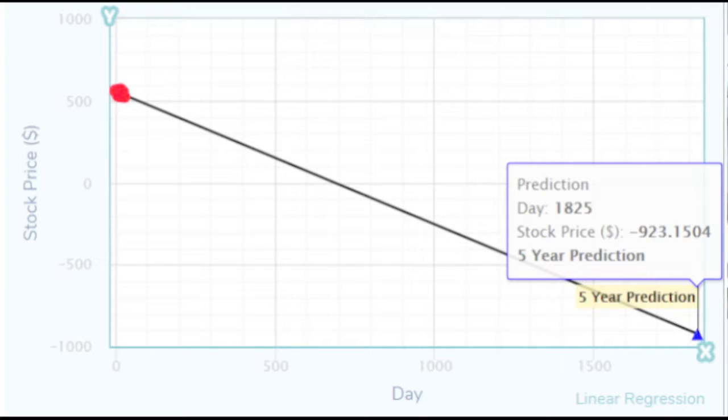Next, we used the formula y equals mx plus b to find the best fit line to predict the value of BP PLC's stock after 5 years. As a result, we concluded that after 5 years, the company's stock price would have a value of negative $923.15 a share. Then we calculated the total value of our BP PLC stock by multiplying negative $923.15 by 20 to get a result of negative